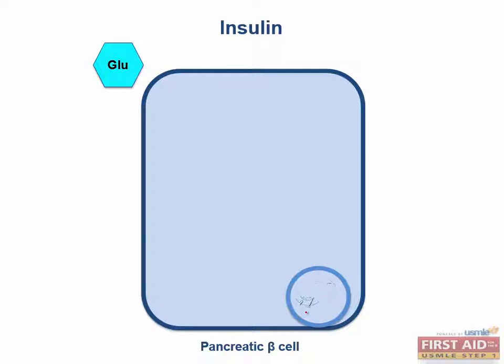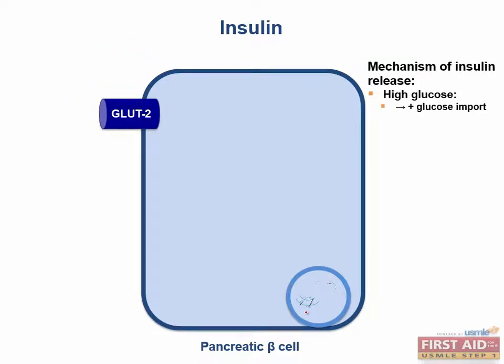So how do you get from high glucose to insulin release? It's a bit of a complicated song and dance that unfortunately you have to memorize for this test, but it's actually quite a bit easier when you see it animated than it is on paper. More glucose on the outside of the cell means more glucose transport into the beta cell, where it gets catabolized